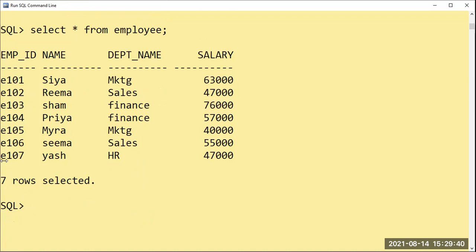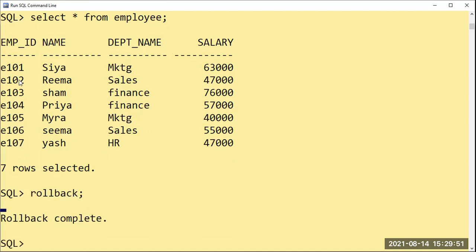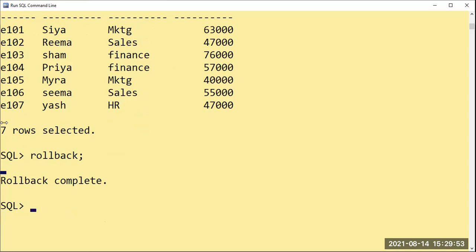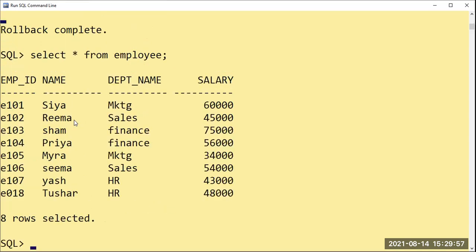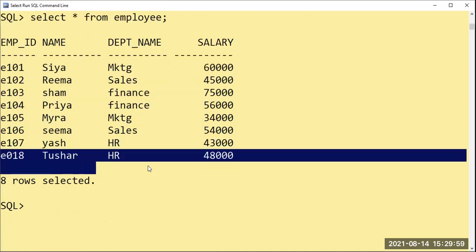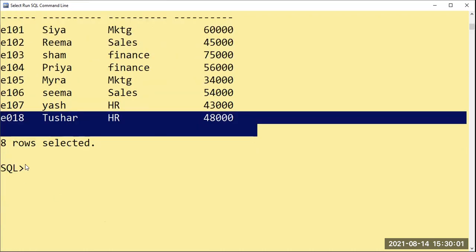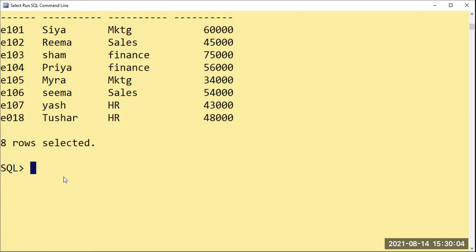Then after that, if you want to delete for everyone, I'm not sure, so I'll roll back. Roll back means the record that was previously deleted or changed will come back. Can you see now? Again, it has come back after the roll back here. Okay. This is done.